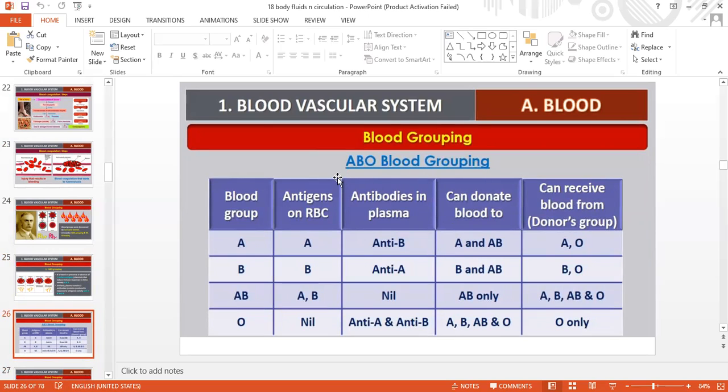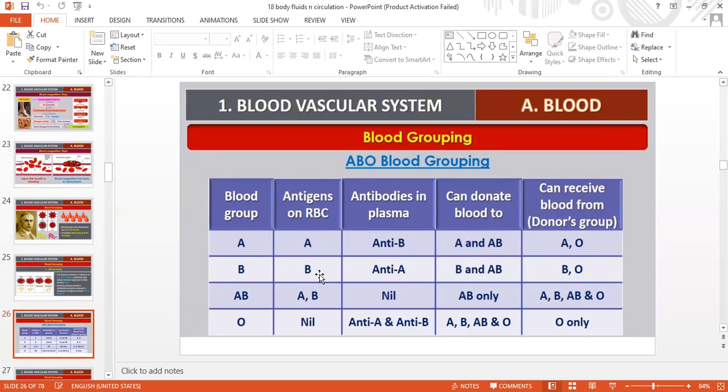Now let's look at the ABO blood grouping. There are four types of blood group: A, B, AB, and O. Blood group A contains antigen A, and the antibody present is anti-B. The blood group A can donate blood to a person having blood group A or AB and can receive from A